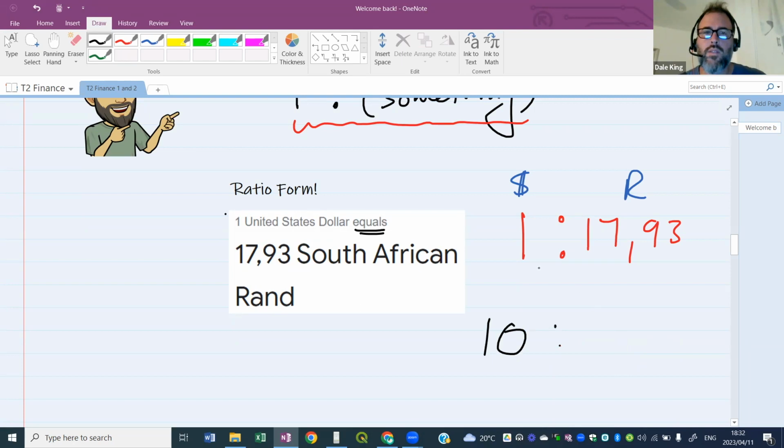Oh, I see what you did. So you looked at those two numbers and you said multiply. I'm with you. Absolutely. Well done. So what he's saying is however the one changed to get to 10, that 17 needs to change by that number as well. So he's cross multiplying those two numbers to get your answer. Very good. Thank you very much.